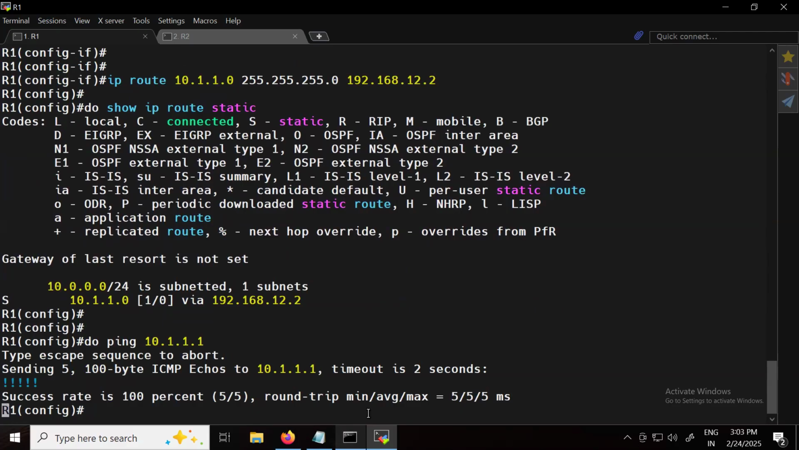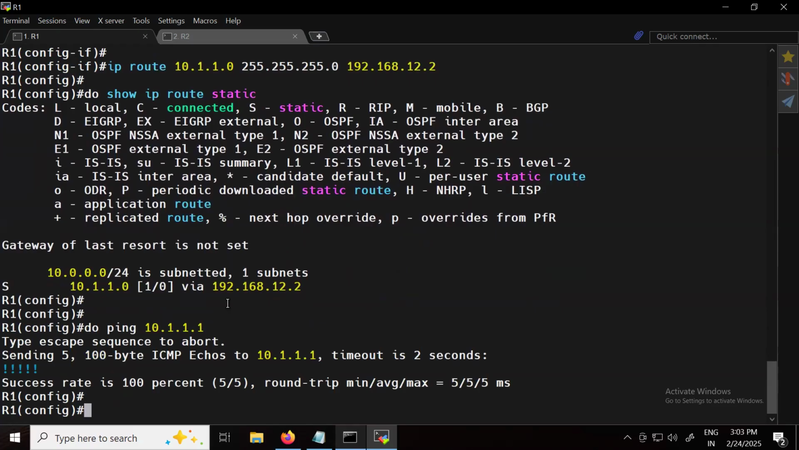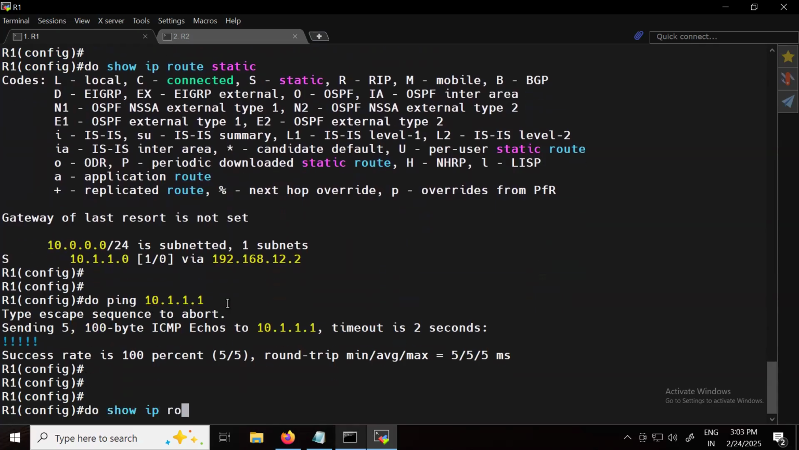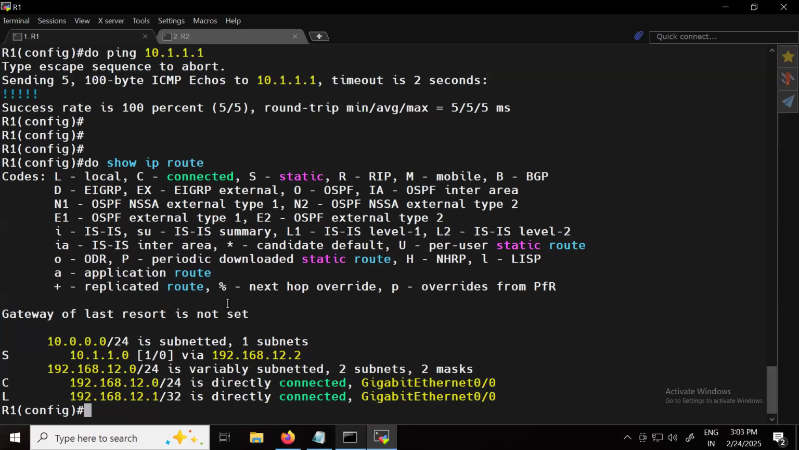But if I check my routing table, do show ip route. Now understand the recursive lookup here. When I ping 10.1.1.1 in my router, the first thing my router checks is how do I reach this address? Do I have any route in my routing table? Yes, I have a route to the 10.1.1.0 network, reachable via